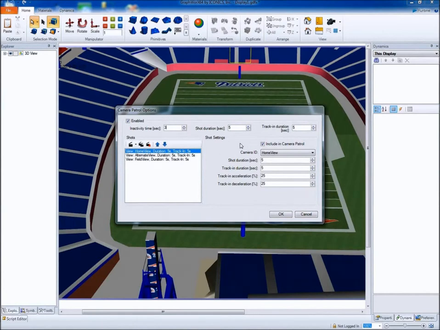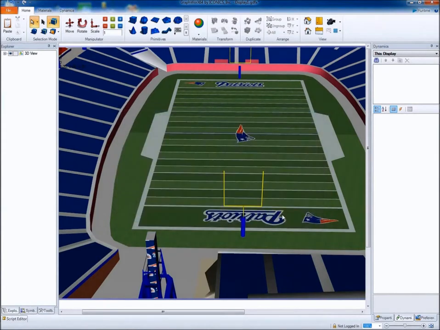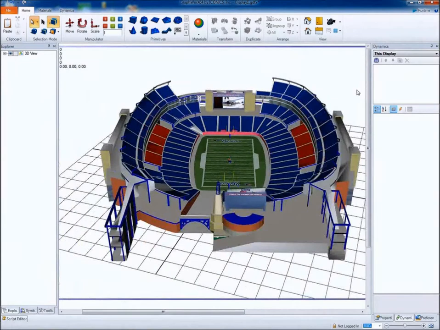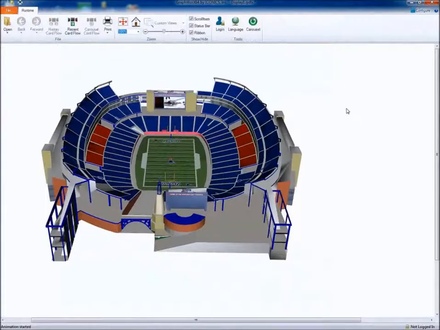And here on the right side we can specify the parameters for each single shot. So for example, we can decide how long each shot should last, and we can also set an acceleration and deceleration for the camera if you want. So far we can leave the default values in here, but you can experiment with it and see what best fits your needs. So let's click on OK, and we can go to runtime mode and see what happens when